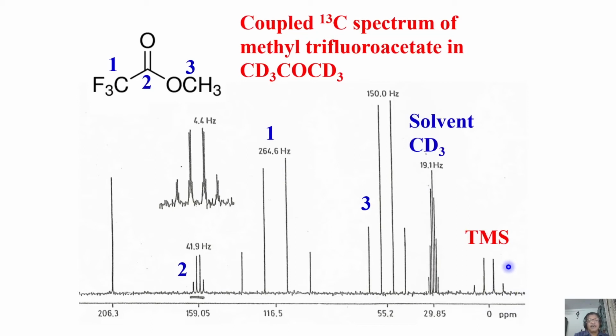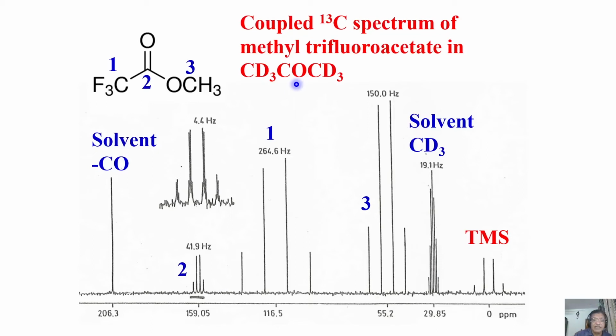Then this is solvent because we have CD3COCD3. Then we have various isotopomers of that: CD2COCD3, CDCOCD3, all possible combinations we can think of, and this is going to be a complex multiplicity pattern for the solvent. That's also fine. Then what is this peak? This is the solvent CO. This is the solvent CD3 group. This is the CO of the solvent. Very simple, right? All the peaks could be assigned now.